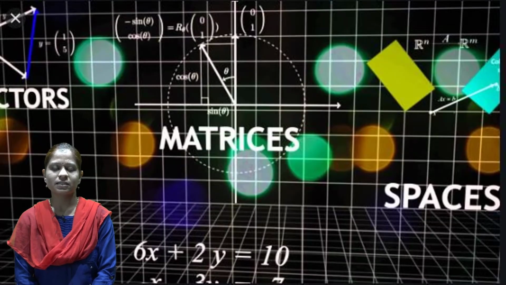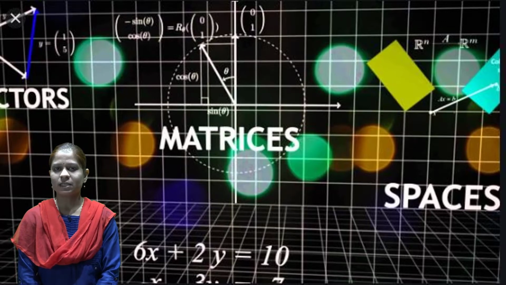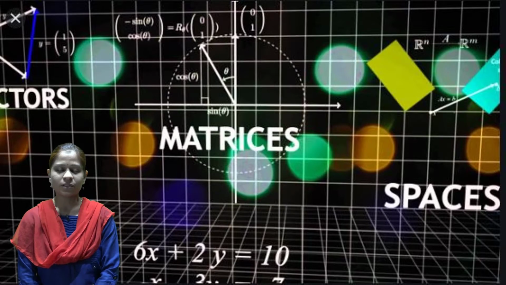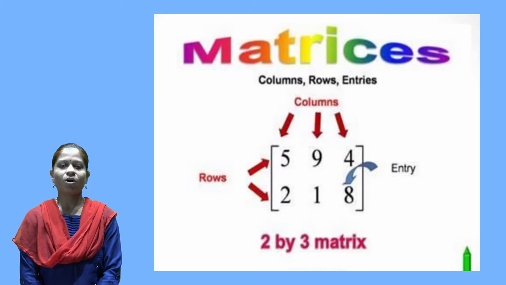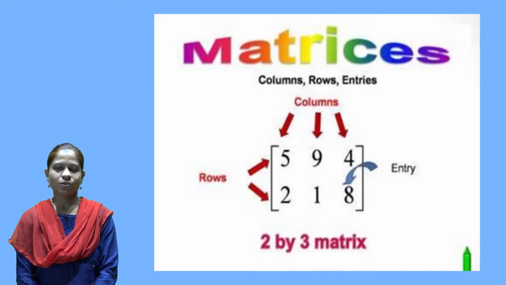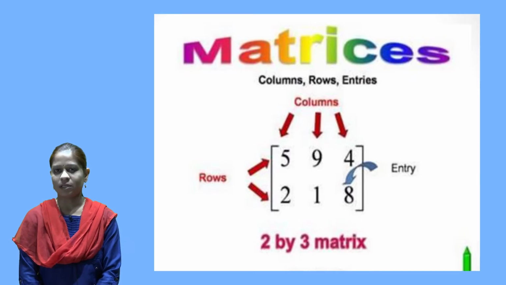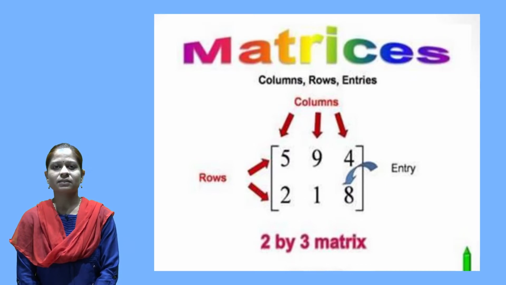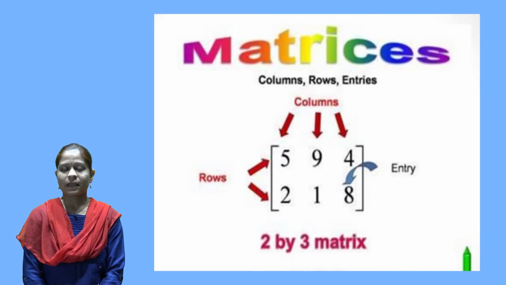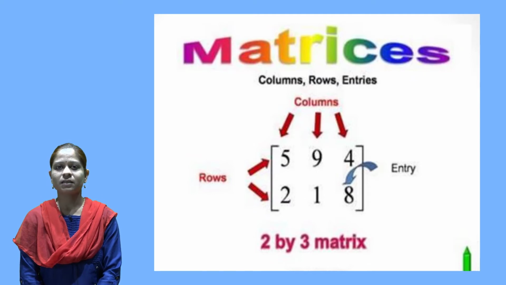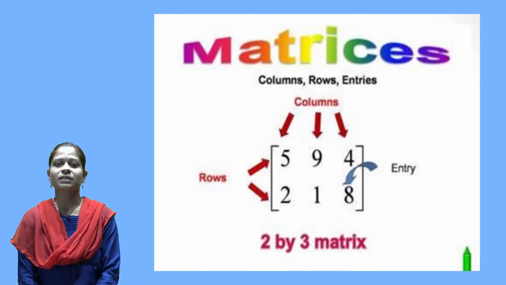To understand this, we will take one concept from mathematics which you are aware of. It is matrices. We know that a matrix is nothing but an arrangement of numbers in rows as well as in columns. Firstly, we will see what rows and columns are. Rows are the numbers written in a horizontal line, and column elements are the numbers written in a vertical line.